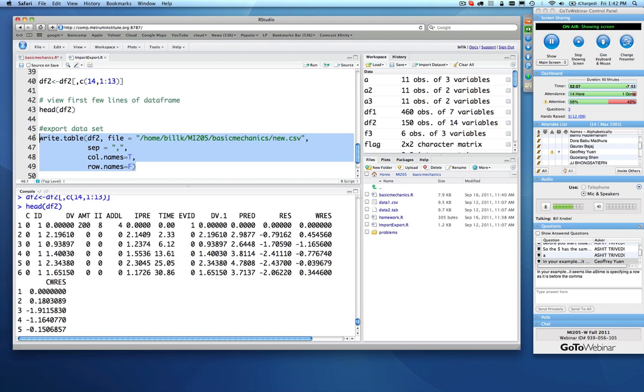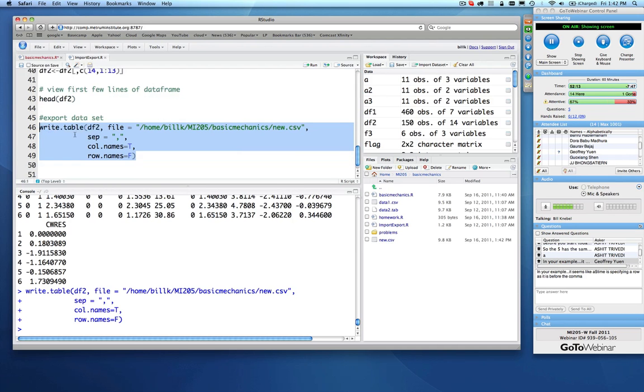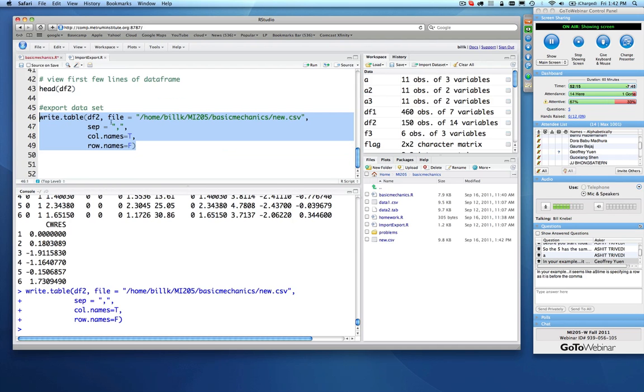If I go ahead and write that out, now we'll see that new.csv does exist. It's the information that was in df2 written out in comma-delimited form with column names and no row names. The very last thing we covered here today is how